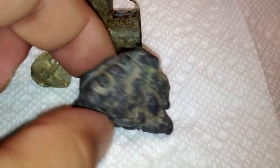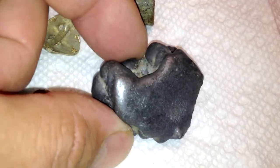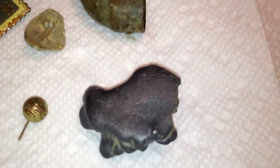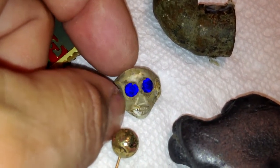So if you guys know what this melted chunk of metal might be, it's kind of soft to the touch, a little bit harder than lead, and has a density about like lead, but doesn't appear to be silver. So anyways, I also had gone out, at the same time I went down to the lake,